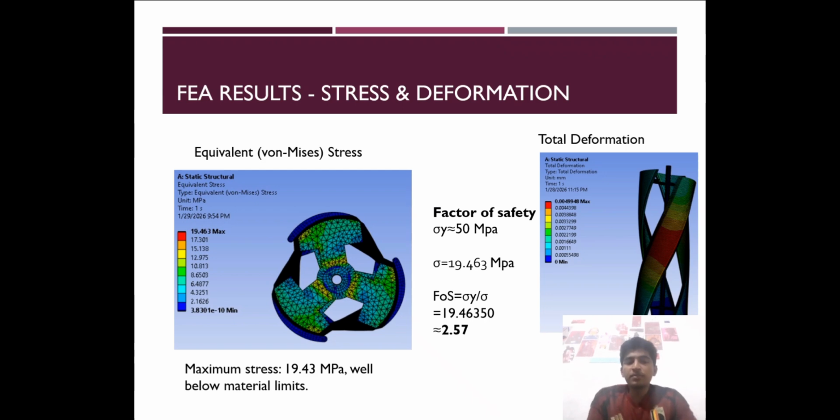The results show that the maximum stress is 19.43 megapascal, which is below the material strength limit. The factor of safety is 2.57, which means our design is safe under working conditions. The deformation is also very small, so the turbine keeps its shape and remains stable